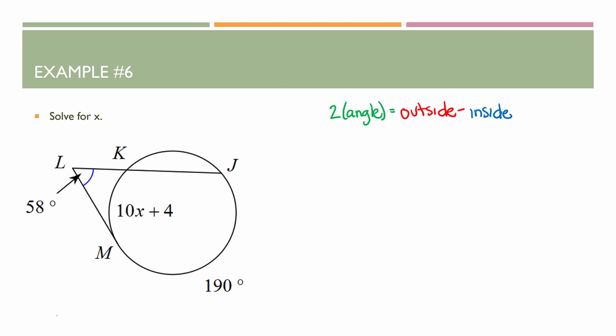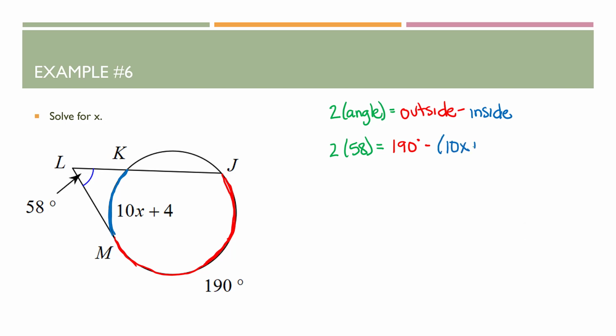All right, so first thing we're doing always is you need to find the inside and the outside arcs. Inside arc is the one closest to the angle, and then the outside arc is the one farthest from the angle. So I have those identified. Now I just plug them in. 2 times 58 equals, outside is 190 degrees minus the inside